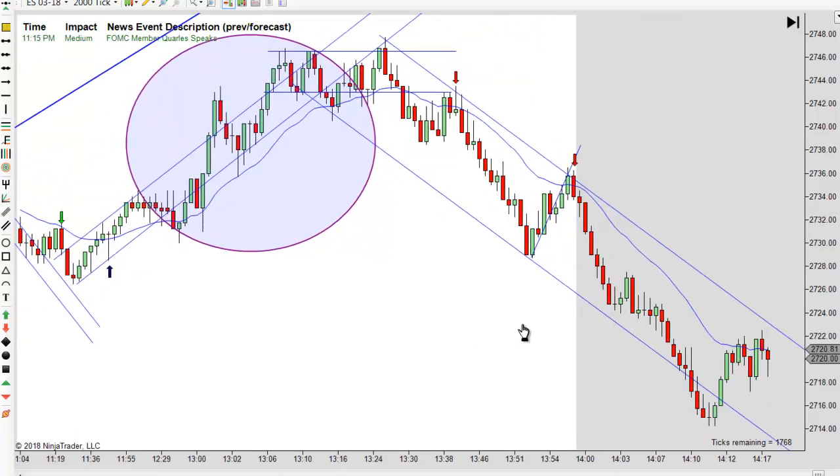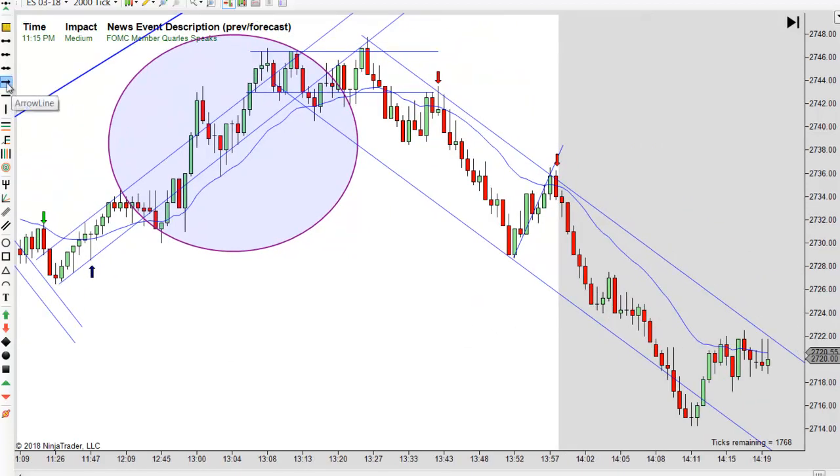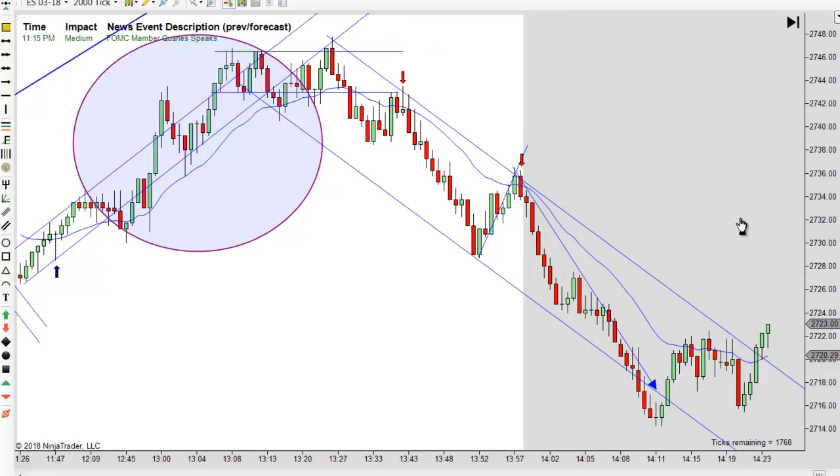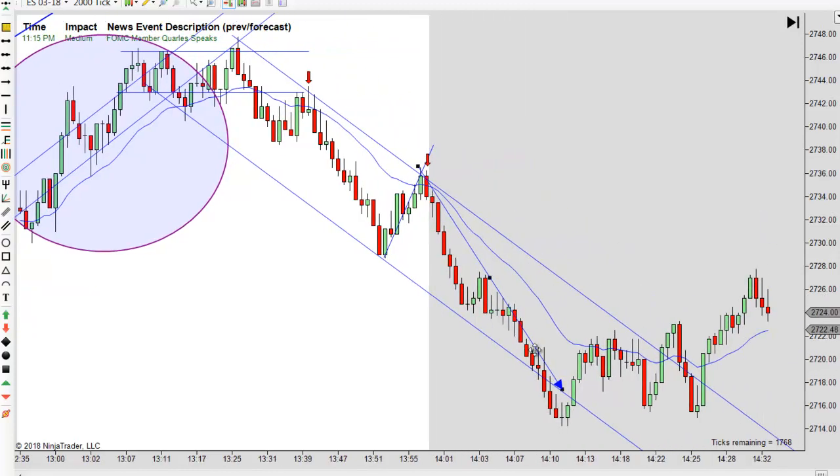And then you're looking for another measured move, just like this. And so see if you can let it ride if you can. And that, where does that put you? Right down here at the lower of the trend line. We actually overshot that before bouncing. So that would have given you a great target.